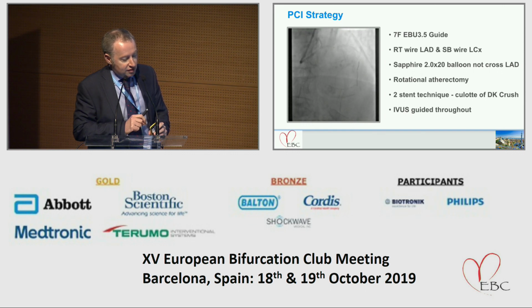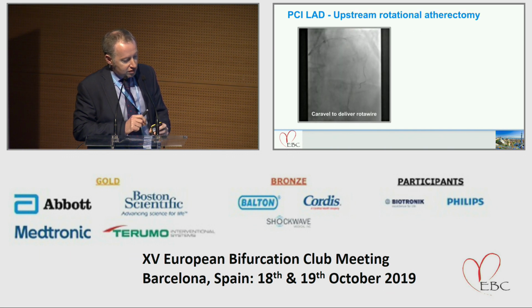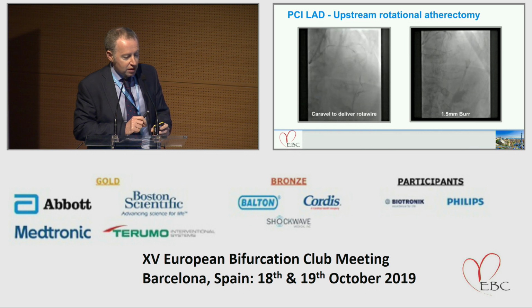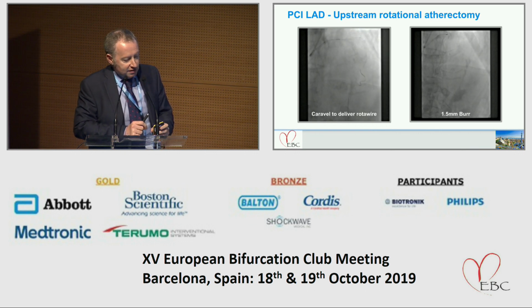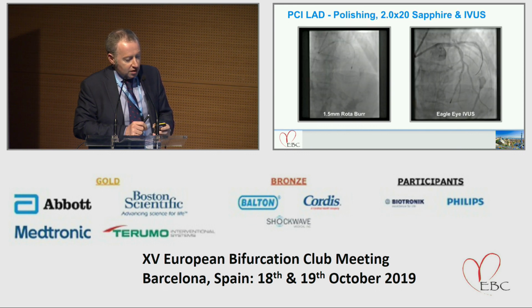And I planned a 2-stent technique in this procedure with a culotte or DK crush. That was my plan up front, and I was going to IVUS this case to get adequate preparation and so forth. So I used the Caravelle to deliver the rotor wire, fairly straightforward, and took a 1.5 burr, understanding it's a little bit small for the left main, but given the fact it was difficult to cross, I thought we'd start small, perhaps work up. So gently going through with the 1.5, and then polishing with the 1.5,